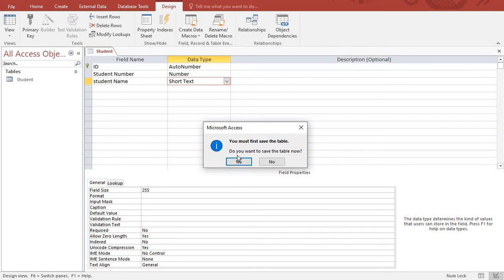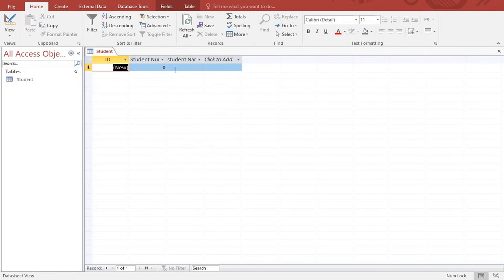If you click on datasheet view, it will display like this box. In this box you have to click on it. See here, you may enter student numbers in the student number column, and now I am entering student name. If we want to add new columns to this table, simply click the tab button on your keyboard. Then it will add a new column immediately.